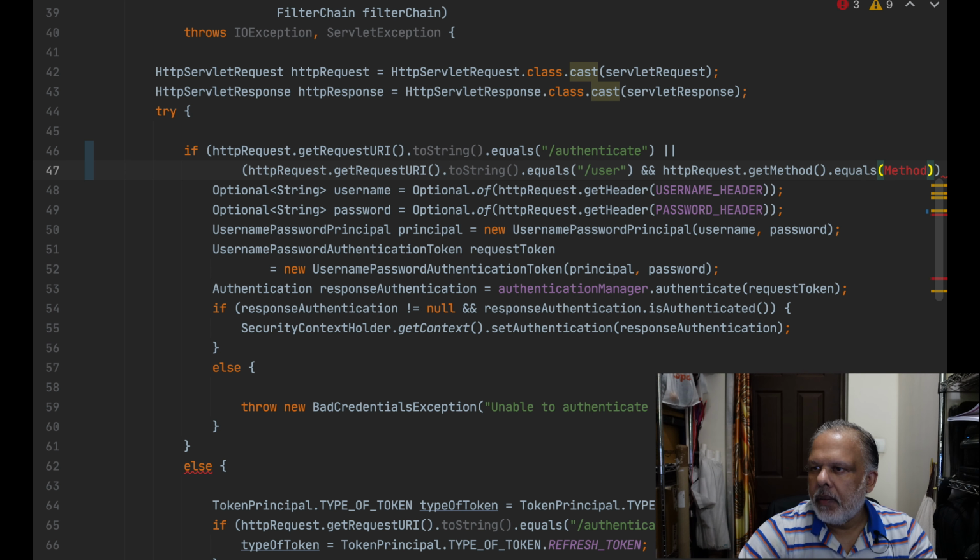So basically what we want to do is if the method is post,